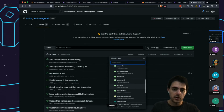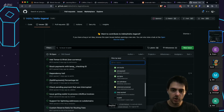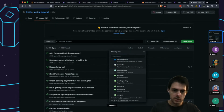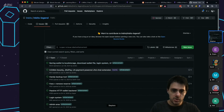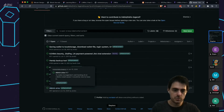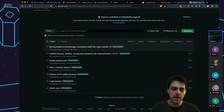Looks like they have labels here for specific extensions like the paywall or the LNURLP pay kind of thing. I'm curious to see if we go to the enhancements, if there's any saving wallet to local storage, handy backup tool, fees and remove, passes of HTTP wallet backend, login system, admin area. So just glancing through these issues here, I don't really see anything that looks exactly like what you were describing, David, but I'm curious if I hit the new issue button, do they,